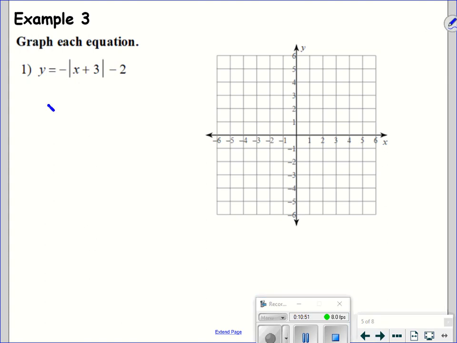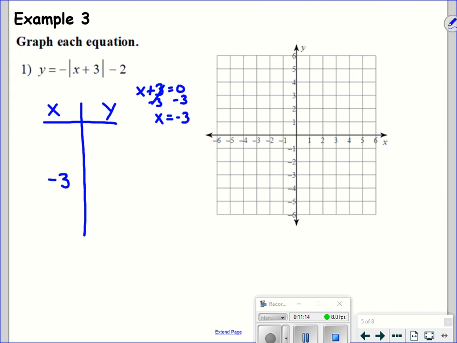I'm just going to start that process by making a basic T-chart, nothing fancy here. And then I need to figure out what zeroes out that interior. Well, the inside of the absolute value is just x plus 3. I'm ignoring everything else for now, just what's inside. Where would that equal 0? And if I solve that little equation, you can probably do most of this in your head, actually. I find that x equals negative 3 is that value.